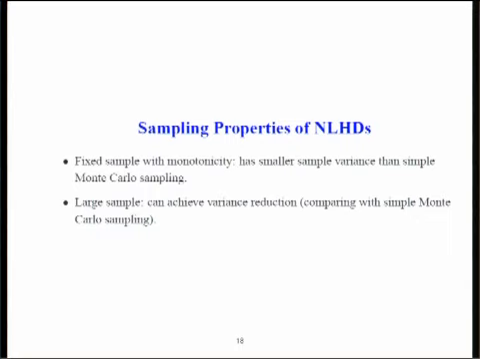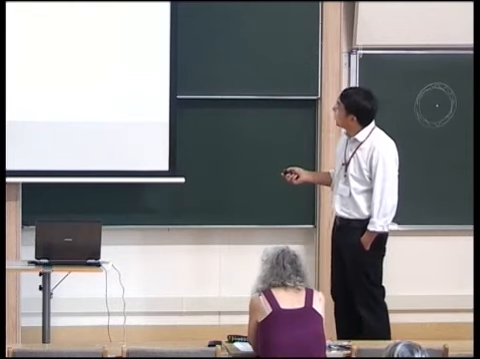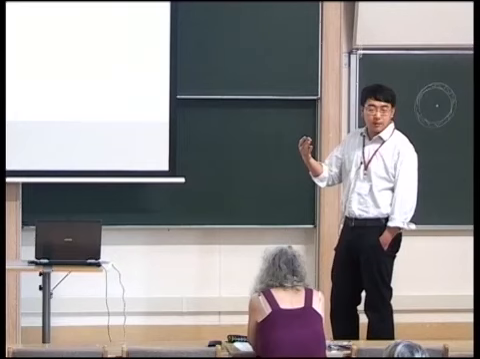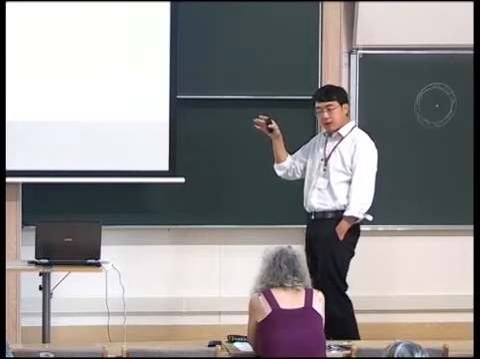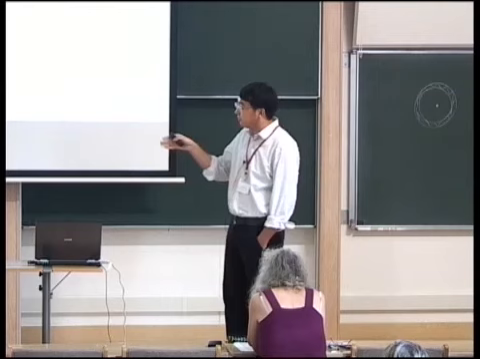By sampling property, I basically mean if you want to use Latin hypercube to estimate a sample mean, what is the property about it? I can show that in both fixed sample and large sample, the nested Latin hypercube is better than simple Monte Carlo. For the fixed sample, assuming monotonicity, which means the function y is a monotone function for each argument,